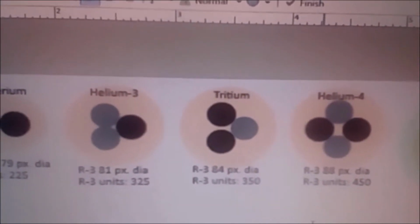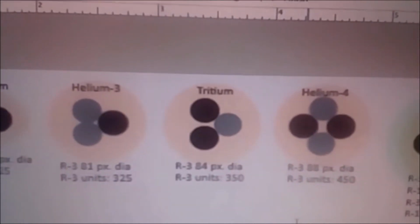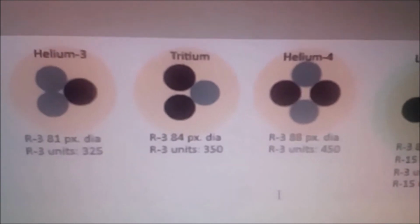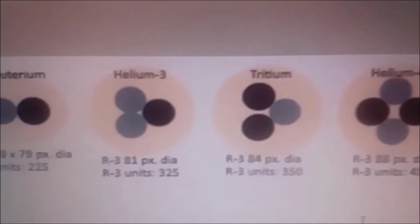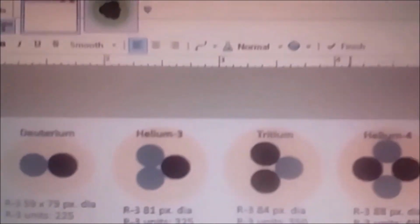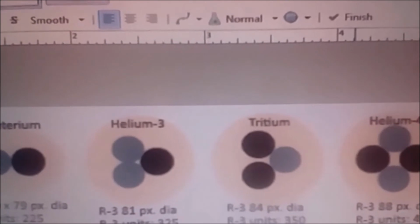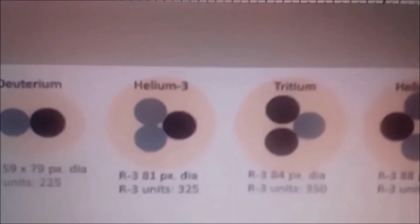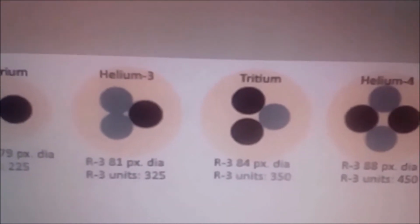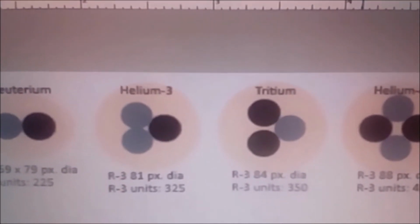And this probably isn't right on the money yet, but let's just go with it for now. But you have the filled helium-4 R3 shell, and so it would behave like a noble gas because of that filled shell. And the shell might be farther out than that, but as far as I can tell, these shells,